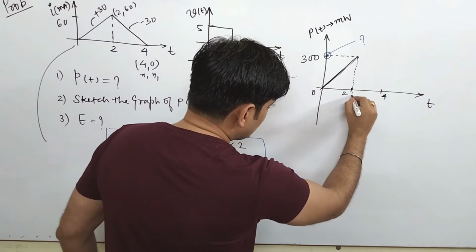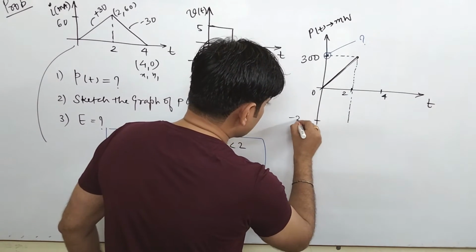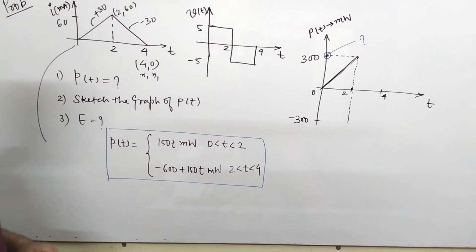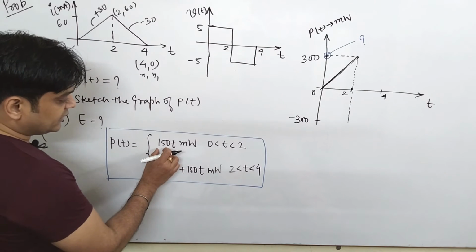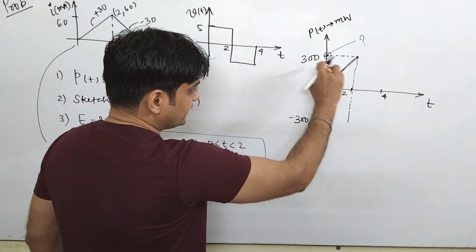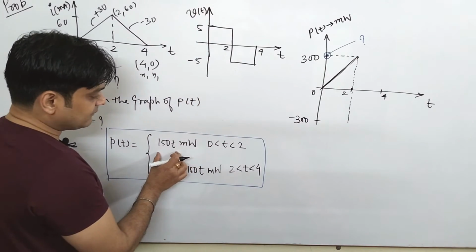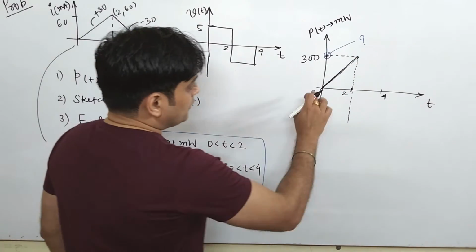See, now it is decreasing and decreasing up to minus of 300. So as I said, 150 represents your slope, and this slope is only possible when this value is 300, because when 300 is divided by 2, that comes to be 150, and this is 150t, which represents a ramp signal. So like that you have to find this value. So this is your slope.